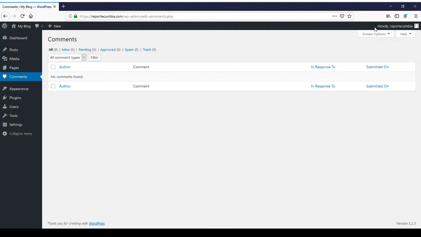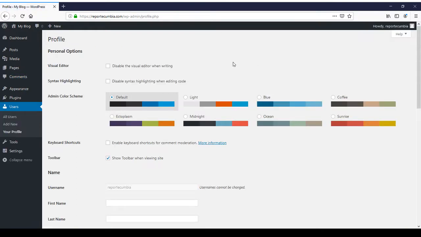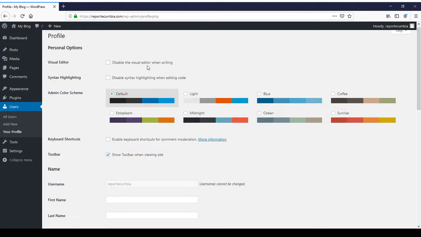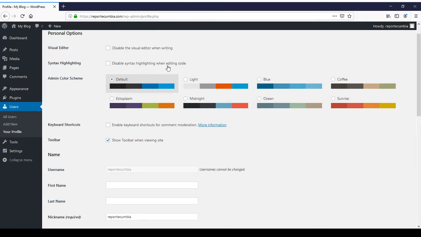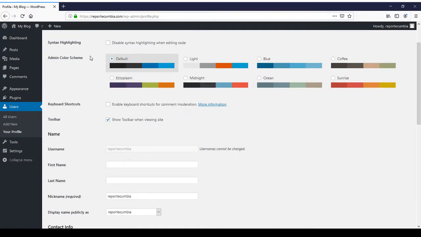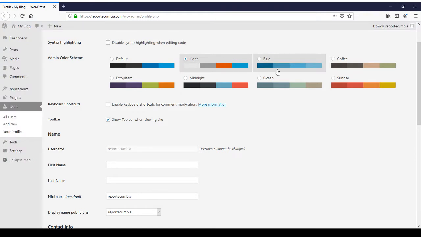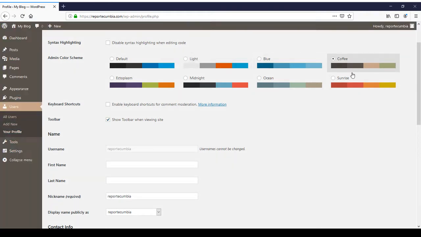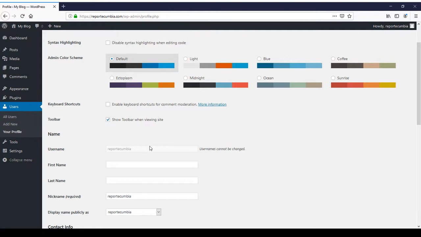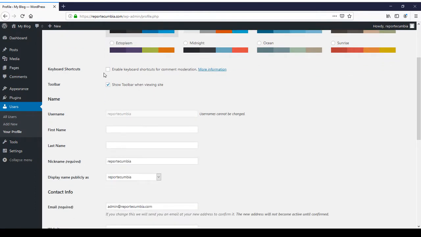Now, all the way over here, right here is your profile. So if you click on your username, it's going to take you here. So there's different little things that you could edit here. The visual editor, disable the visual editor when writing, disable syntax highlighting when editing. You could change the different color scheme of the way that WordPress looks right here. I just use the default because I'm used to it. And then if you want to enable keyboard shortcuts,